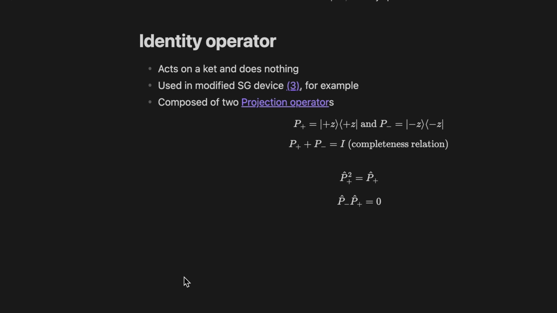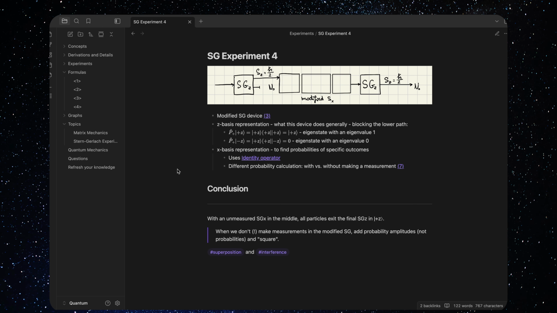The thing is that they're really useful when analyzing modified SG experiments. So here we had an SGX device in between two SGZ devices, and we saw that when we don't measure the spin in the middle, all particles exit the final SGZ device in the same state as they entered the first SGZ device. We can see how projection and identity operators are useful here. So when we send a spin-up particle, the output is still going to be spin up. But if we block one of the paths, for example, the spin down path,